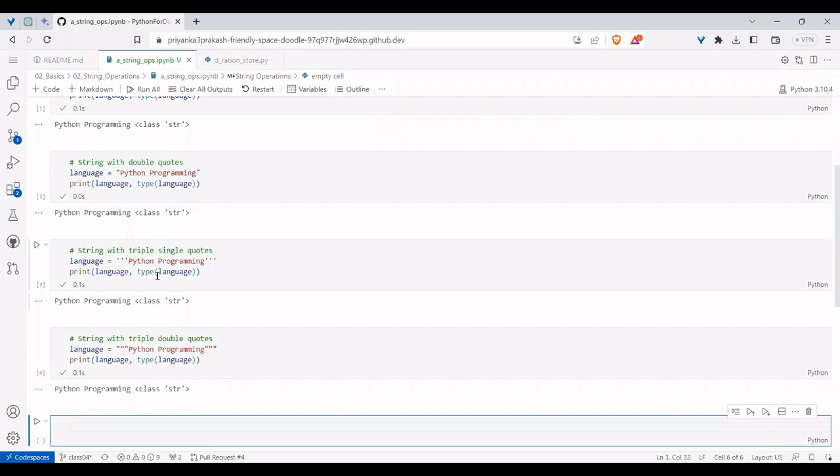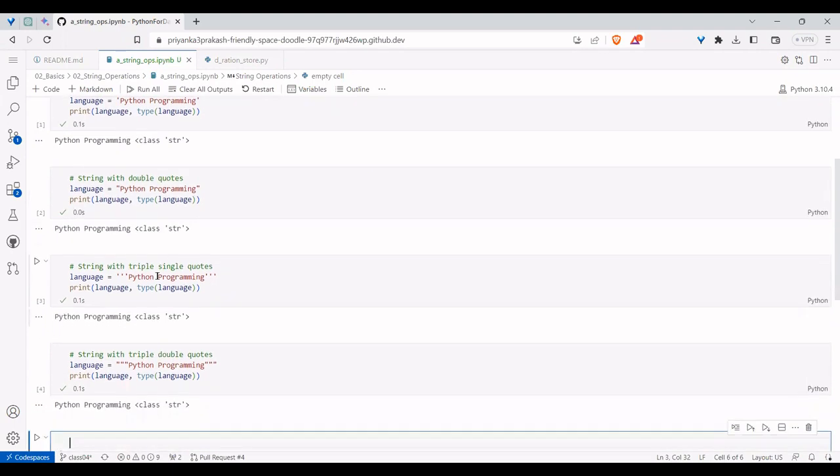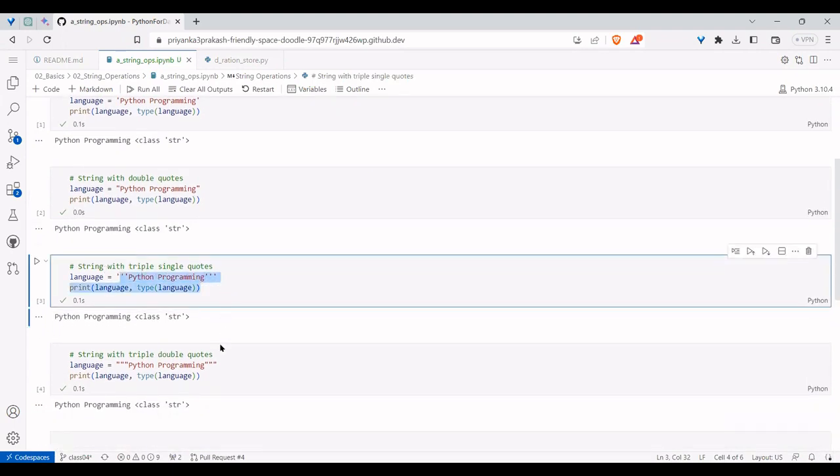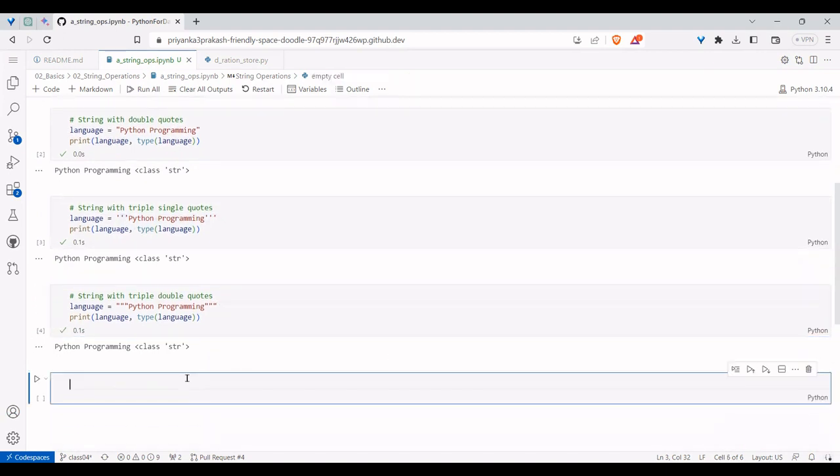But what is the uniqueness in Python? If you take the example of PowerShell, we can have double quote strings, but double quote strings are formatting strings there. Single quote strings are literal. Like that, every language has some rules. If you say Go language, single quote strings are treated as runes. So there are separate rules for each of the quotes. Whereas in Python, there is no such problem. Whether you take single, double, triple single quotes or triple double quotes, it will treat them in the same way. Logically, it makes no difference.